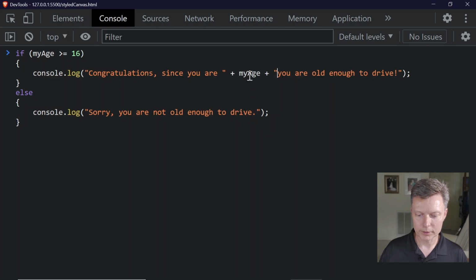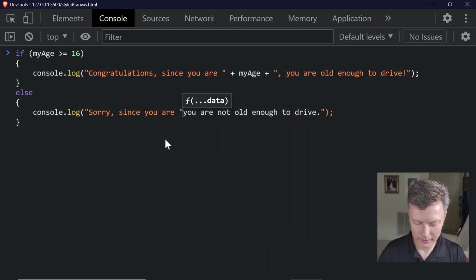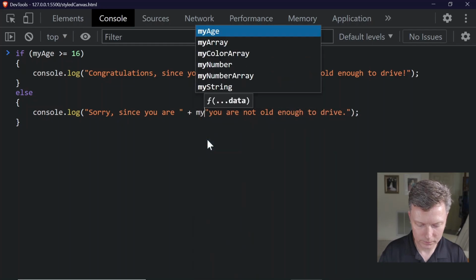And it's going to print this number right before the Y. So let's give it a comma and a space. And then let's do the same thing here. Sorry, "since you are", quote, and then space, the plus symbol, space, put a quotation here. And then again, we do myAge